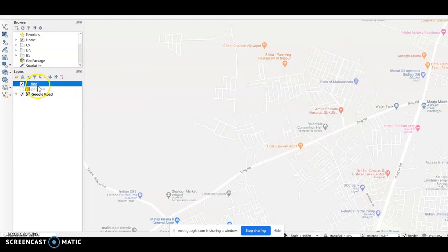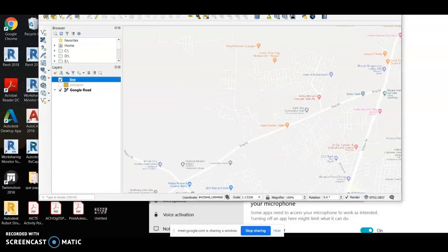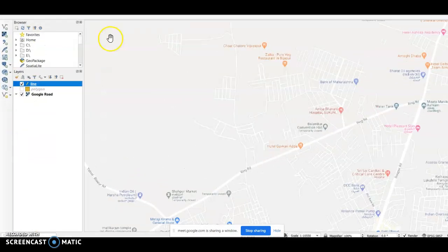So now once you click the line command, we'll go and click on the editing button. Once you click on the editing button, you can see that this line is generated.